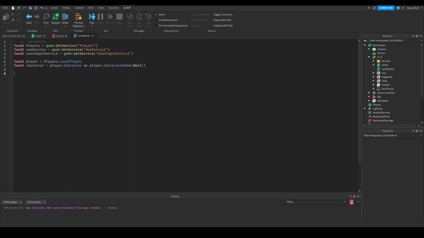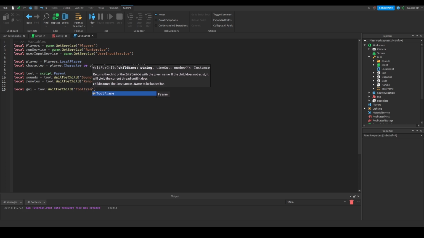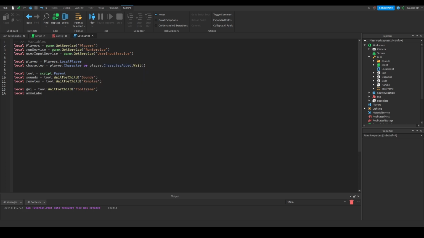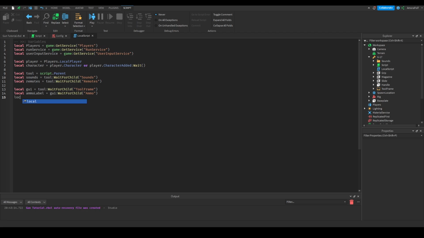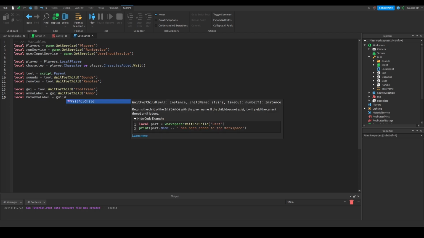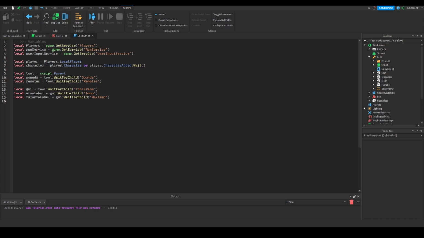Now we need the tool and the stuff inside of it. So we're going to do local tool equals script.Parent, local sounds equals tool:WaitForChild("Sounds"), local remotes equals tool:WaitForChild("Remotes"), local GUI, we're going to get the GUI, equals tool:WaitForChild("ToolFrame"), local ammo label, we're going to get the ammo text label, equals GUI:WaitForChild("Ammo"), local max ammo label equals GUI:WaitForChild("MaxAmmo"), local tool name label equals